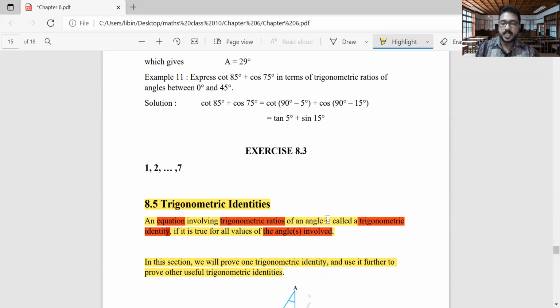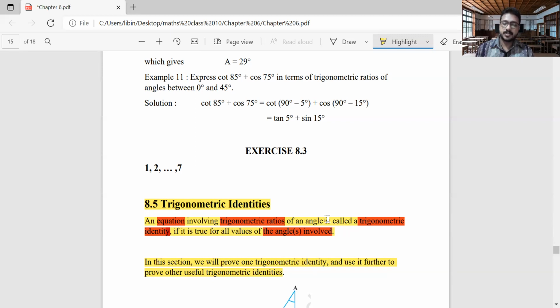Let me remind you one more thing. This whole chapter is very, very important, because we can't avoid any portions. It is because in plus one and plus two you will badly need each and every point from this chapter. Even the trigonometric identities which we are going to learn, you can use in the higher classes. You will learn that, and we are coming to it, but I am saying this: you have to give proper attention. That is the only way you can learn.